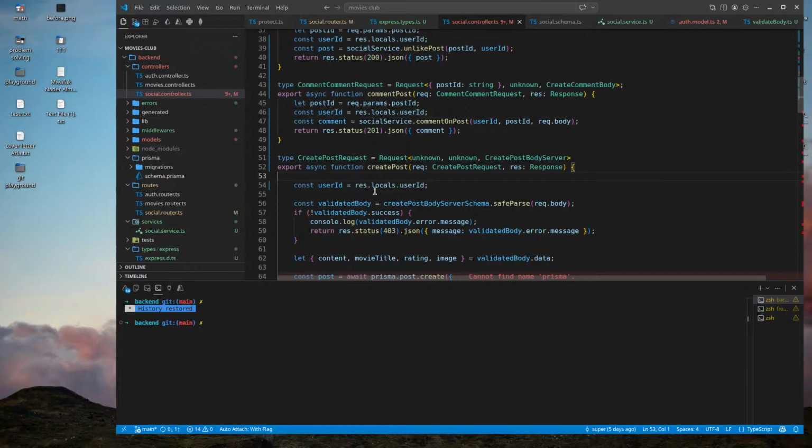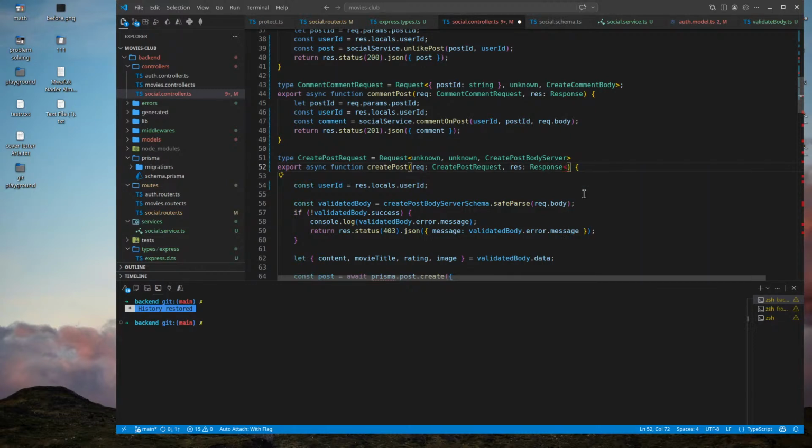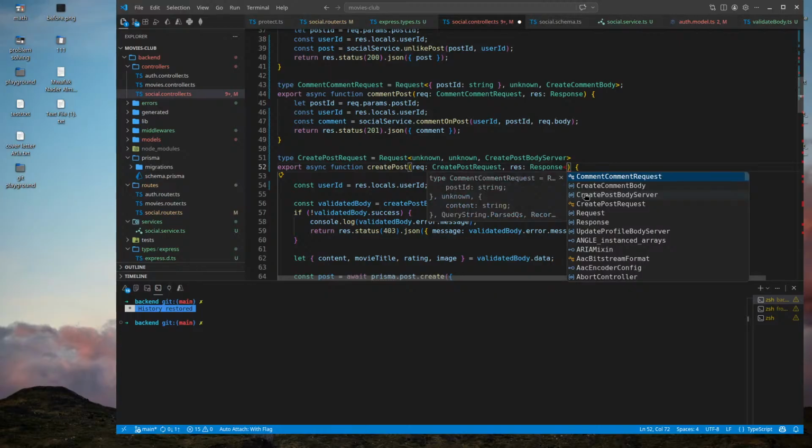And here res.local user ID. It's funny. Can I specify? Why am I not getting type hints? I don't know why.